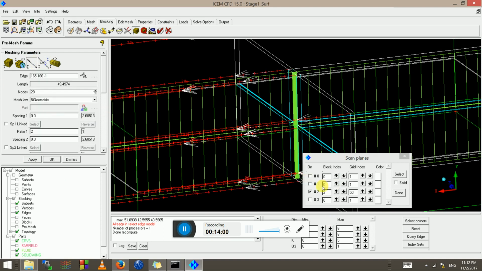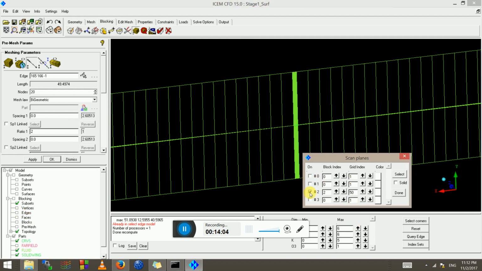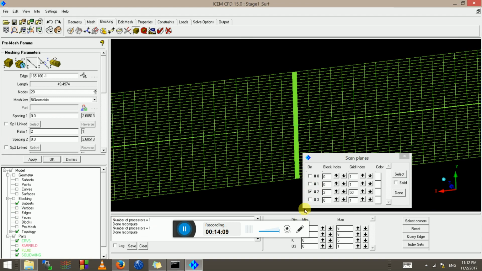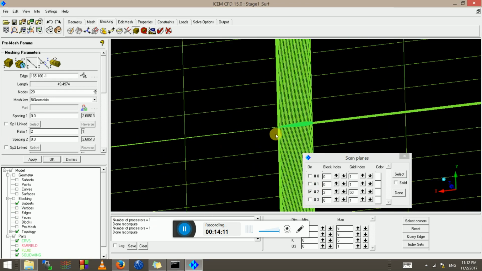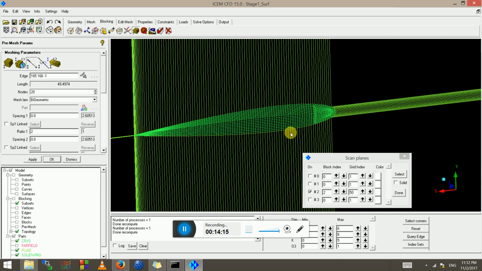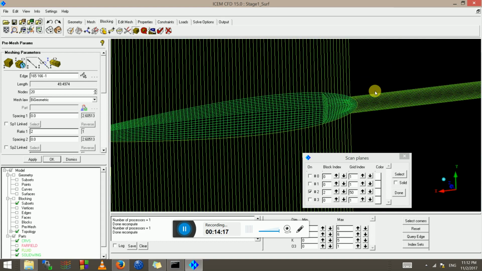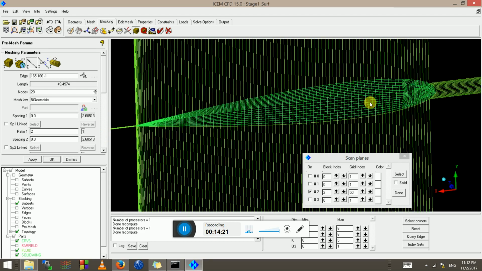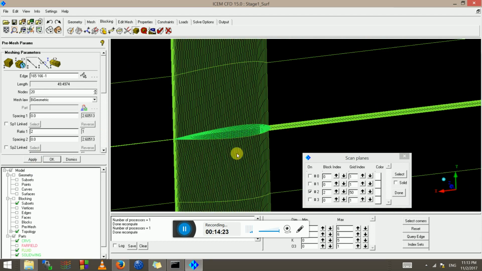So everything looks pretty good. I can just click update the scan plan, and this is what we have. Since we haven't deleted the solid block inside, we have the inside of the wing meshed as well, but